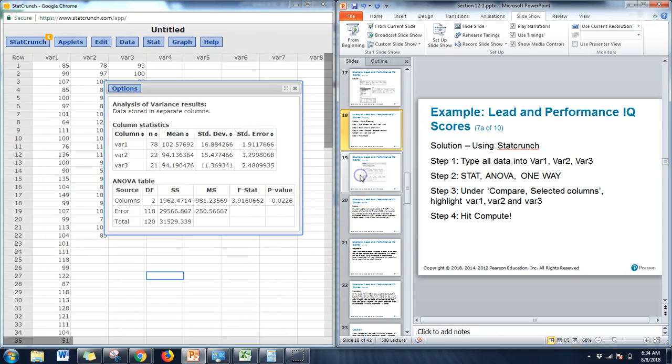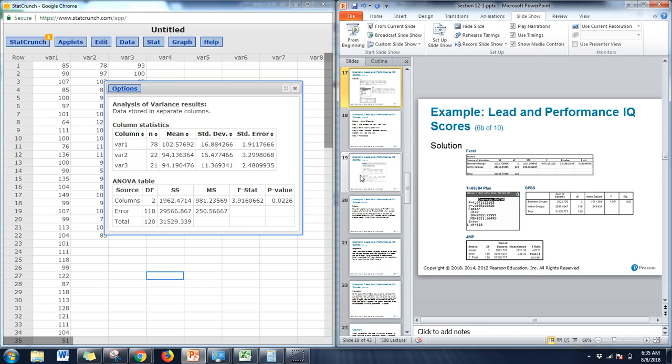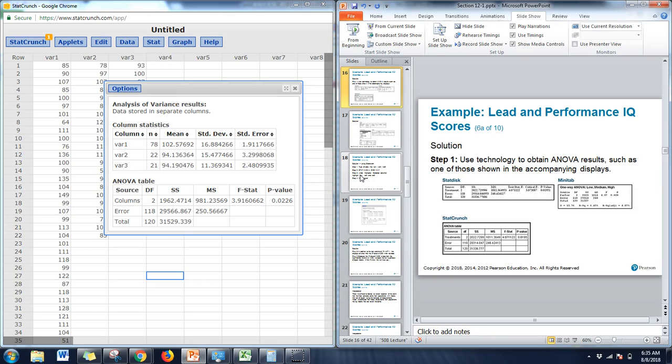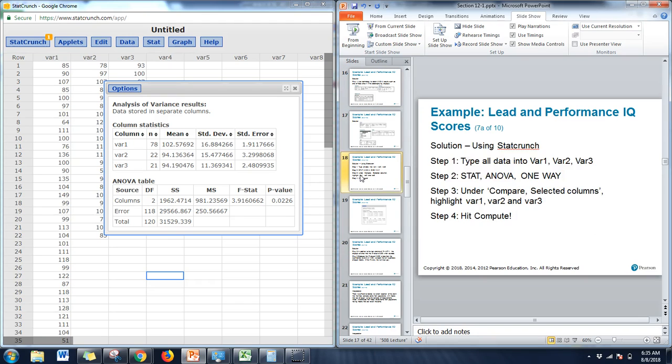Now my values were very slightly different from theirs for this one. I'm not sure if maybe I typed in something wrong or if they typed something in wrong, but there were so many numbers for variable 1 that you get the process, okay? I won't expect you to type in that many numbers. I just want you to know how to use StatCrunch to get the values. So let's